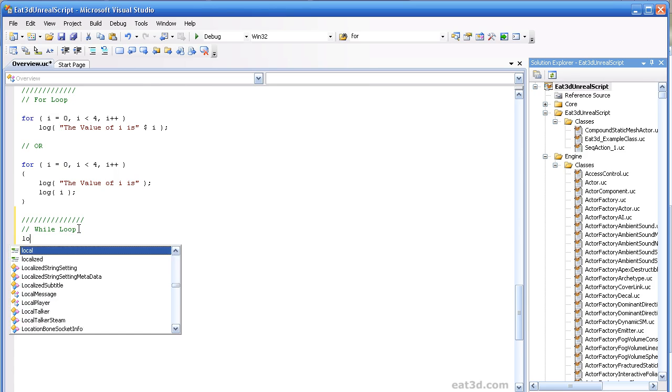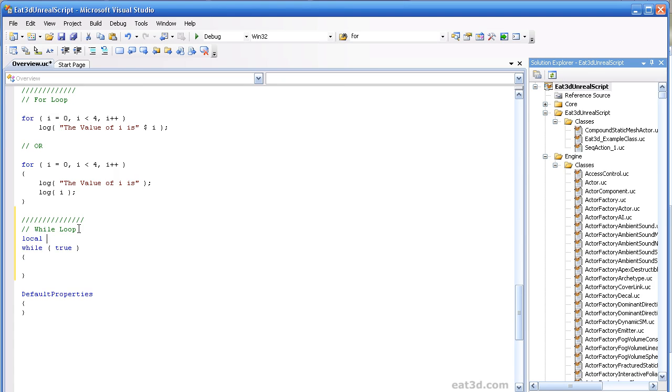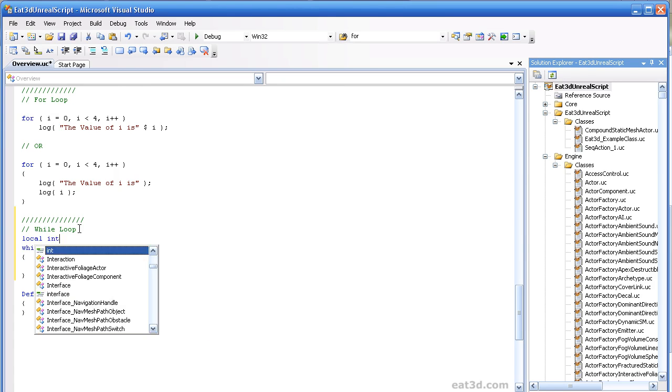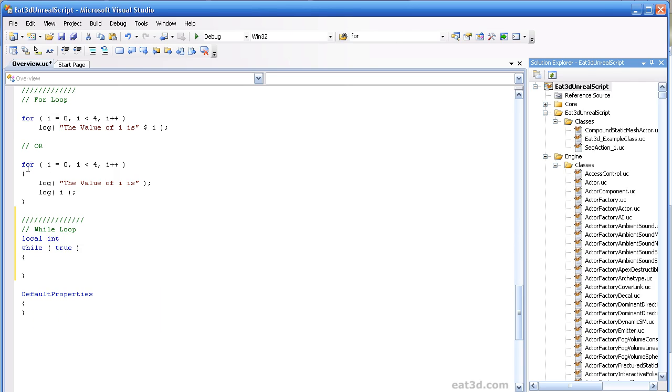But another thing you can do is a simple local case here, and you see I'm using the local keyword because, as with all this stuff in this overview file, you'd be doing all this inside of a function, and so you're going to be using local to define the variable, not the var keyword. So just keep in mind all these examples are inside of a function. So local, we'll do an int. We're just going to stick with the i for now, since we don't have a particular case of what we're iterating over. And we're going to set that equal to 0.